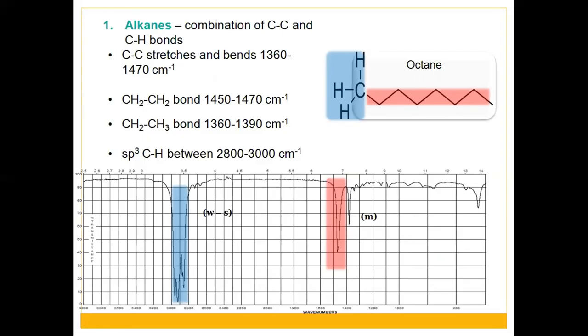So if we observe the IR spectrum for alkanes carefully, you will find two regions. The first one will be this one that is in red. It will be for the bending CH type of vibrations or peaks, and this blue will give you the CH stretching type of vibrational peaks between 2800 to 3000.